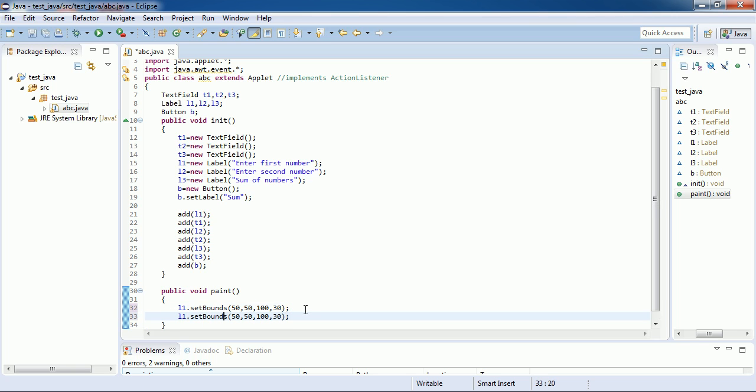Now just besides the label we want to display our text field. So we will display the left position of the text field by 50, that is already 50, and we have provided the width to the L1 as 100. So the total length of the L1 will be 50 margin plus 100. So we will start this by 150, not by 150, we can start by 180, and rest of the thing will be same. So now if we run our program